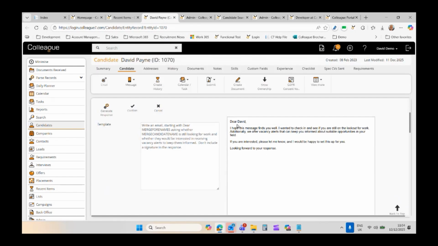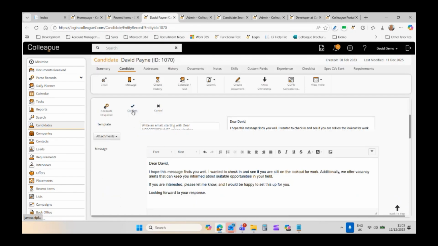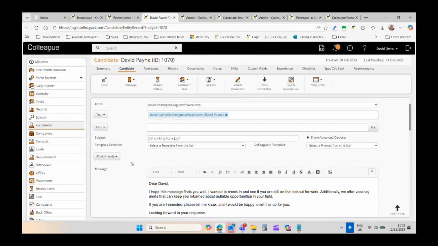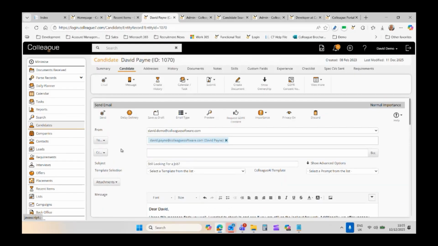There we go. So we get responses that come back, and then you just hit confirm, and then that text writes into the message body. And then obviously you're free to just hit send there for the email. But in terms of how this works,